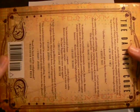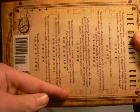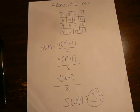And then I saw right up here, which is really hard to see, oh, I'm going to have to turn it. It says right here, "as above," and then on the bottom of the book it says "so below." So I flipped it over and deciphered it that way, and it still was just a bunch of jumbled letters that said nothing. And then I thought, okay, as above, so below, that's got to have something to do with it. I turned the book like that and deciphered it that way, and it came out to "All great truths begin as blasphemies,"